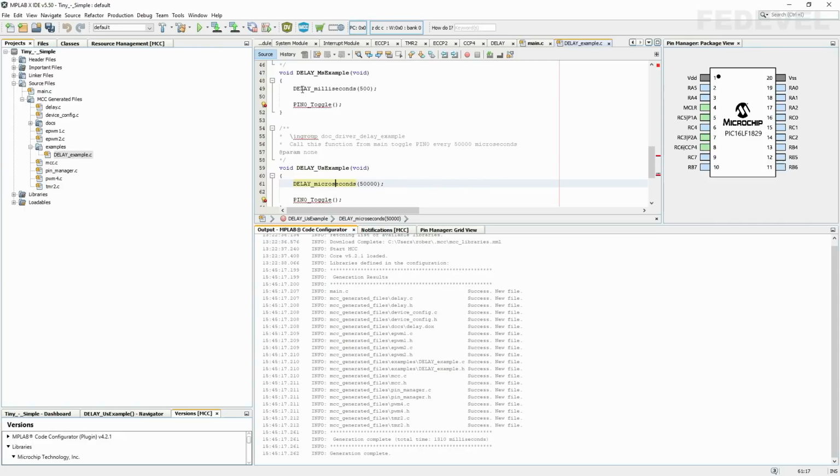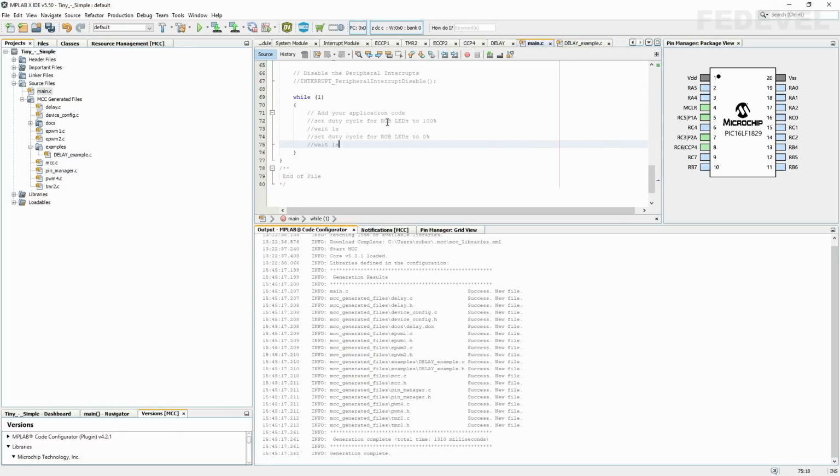So ideally, maybe we would like to use this one, delay milliseconds. I'm going to copy this, Control C, go into our main file, and here I'm going to Control V, and I'm going to change this to 1000. 1000 milliseconds is 1 second. I'm going to copy this, Control C, and I'm going to put it also down here.